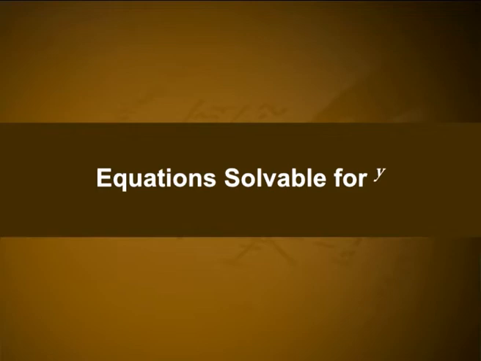Solving these equations, we get y = 3x + c and y = 5x + c. To get the general solution of the given equation, we rewrite the solutions as y - 3x - c = 0 and y - 5x - c = 0, in which the right hand side is equal to 0, and combine them as (y - 3x - c)(y - 5x - c) = 0.